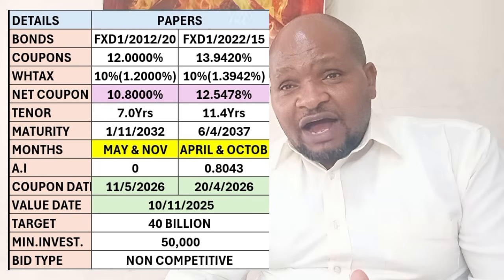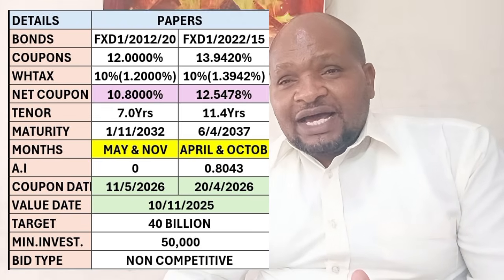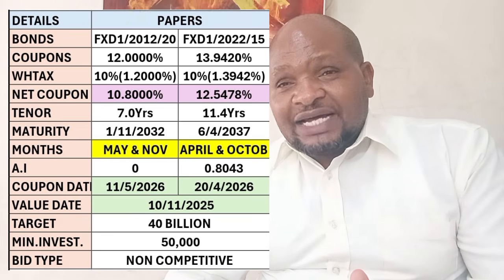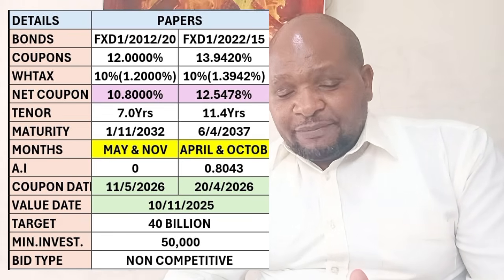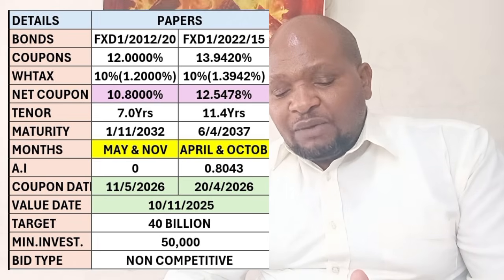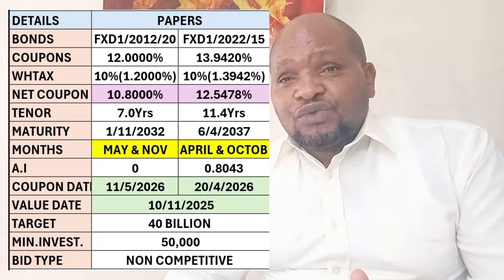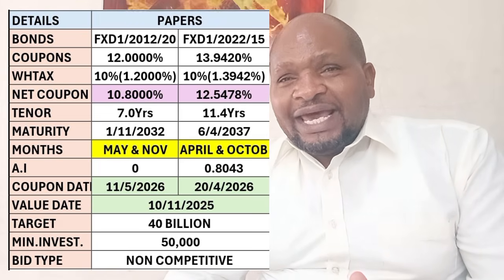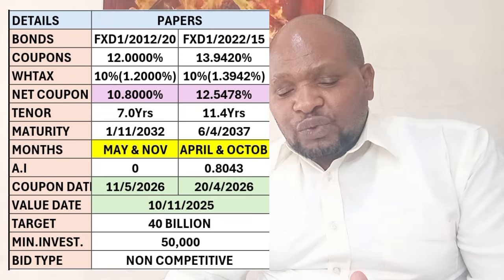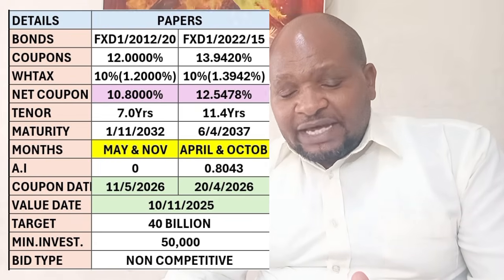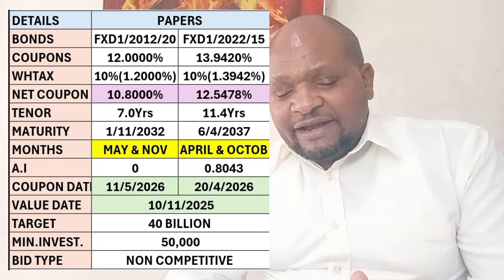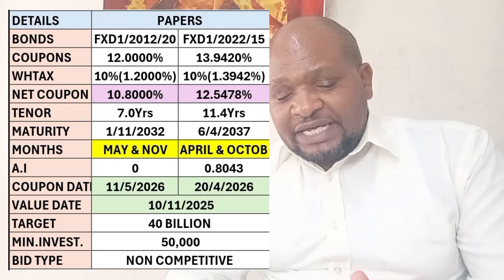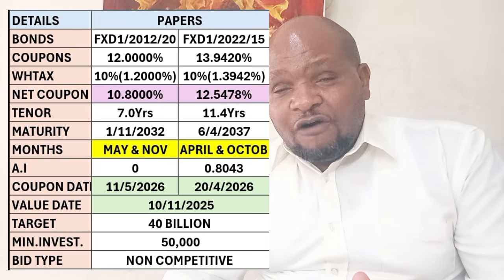These two papers have original maturities that are above 10 years, and for that reason, the return on these papers are taxable at a withholding rate of 10%, which is giving us a 1.2% for the FXD1 2012-20, leaving us with a net coupon of 10.8%. For the FXD1 2022-15, the 10% of 13.9420 will give us a tax rate at 1.3942%, leaving us with a net coupon of